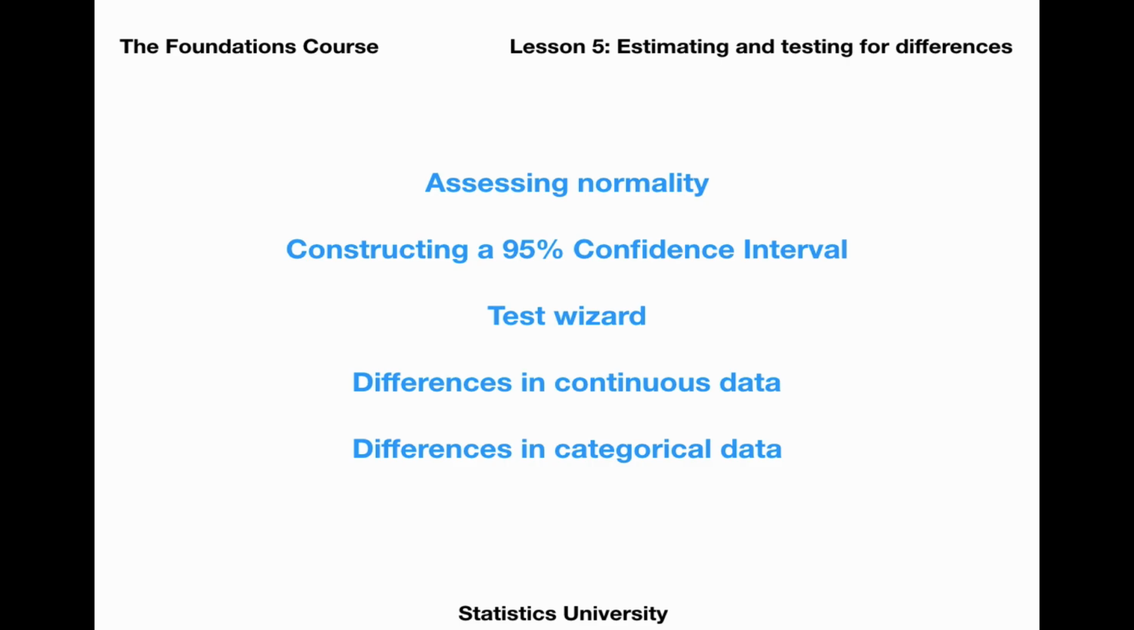While the previous lessons focused more on theoretical concepts, we're going to delve into the practical stuff today. We're going to start with how to assess normality, how to construct a 95% confidence interval, and then I'm going to show you how to use the GCR Statistics test wizard and how to test for differences in continuous as